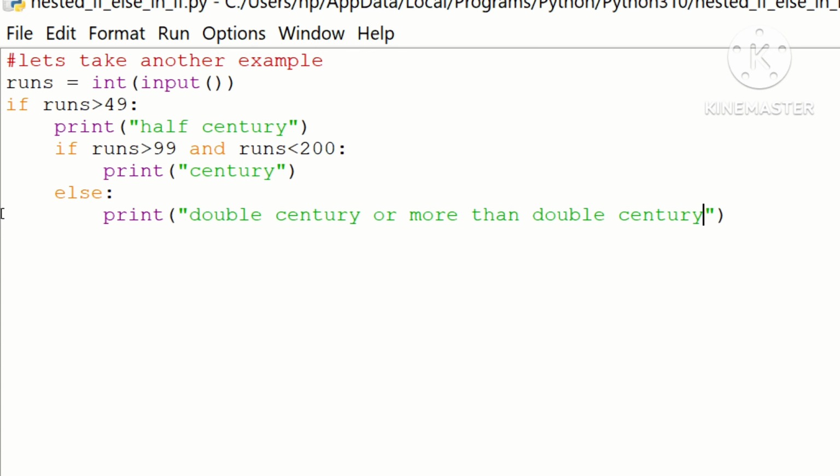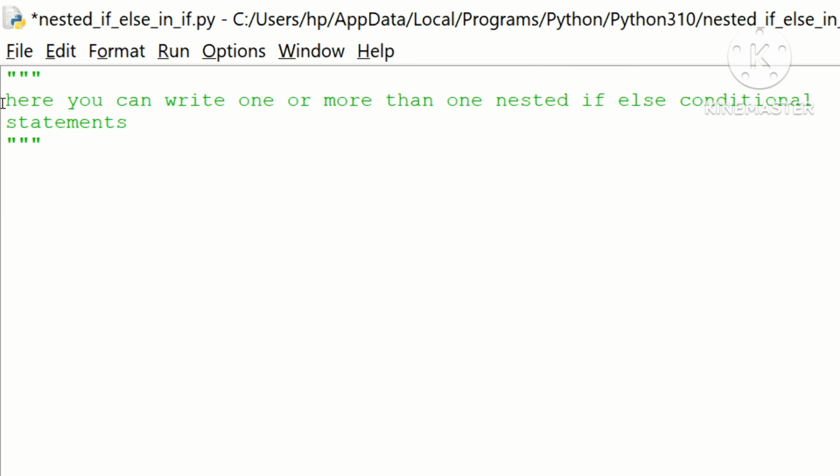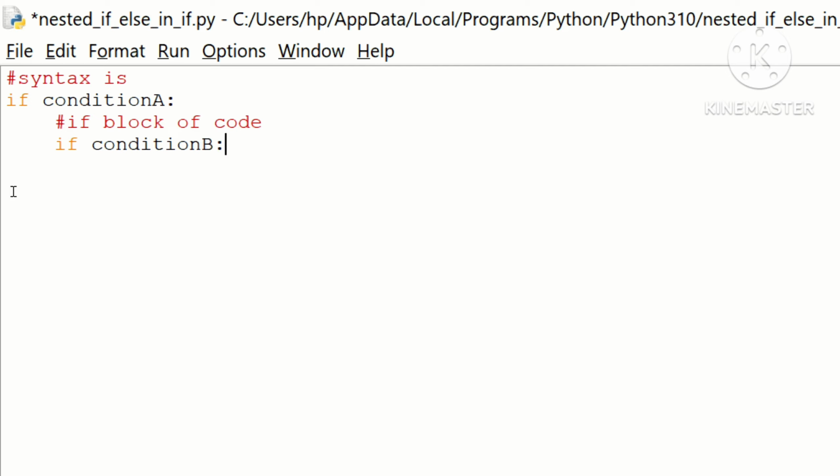printed in the output. Here you can write one or more than one nested if-else conditional statement in the if block. Syntax is if space condition a colon, press enter, it automatically takes indentation, hash if block of code, press enter, it automatically takes indentation, if space condition b colon, press enter, it automatically takes indentation, hash first nested if block